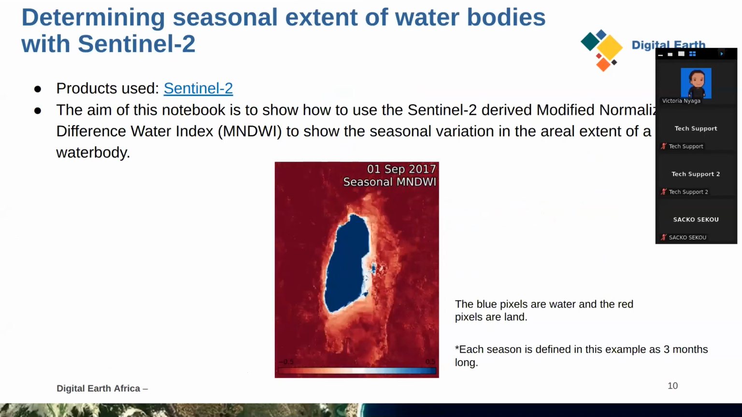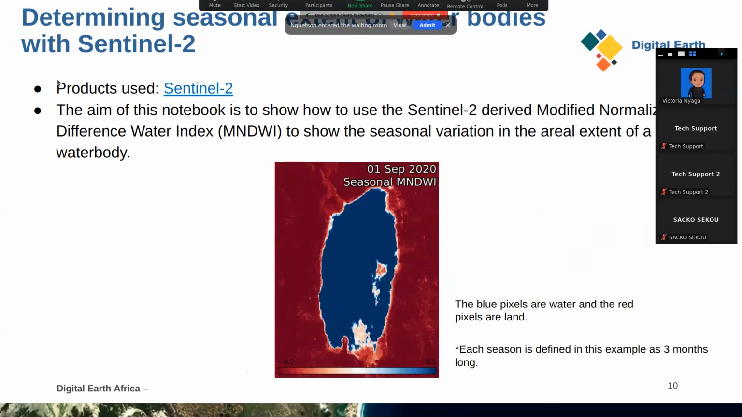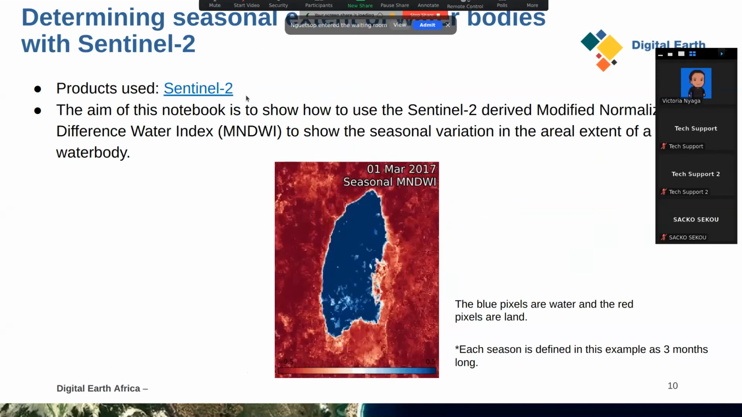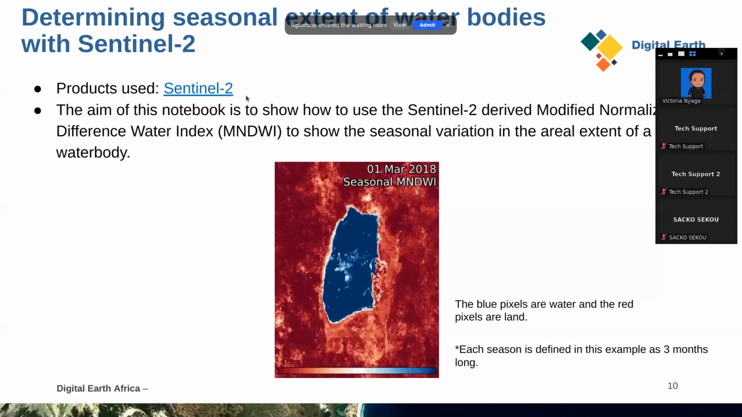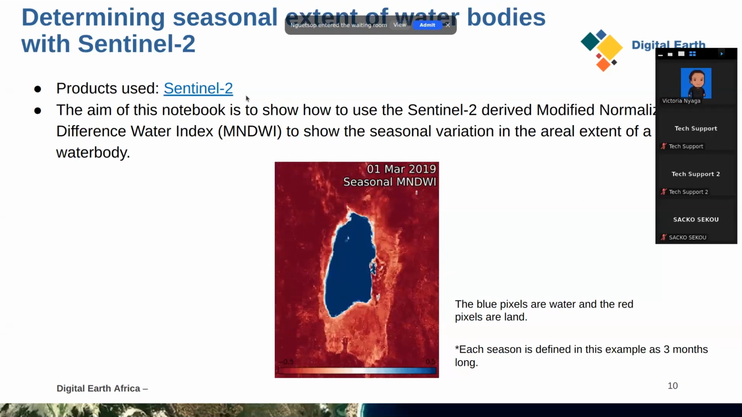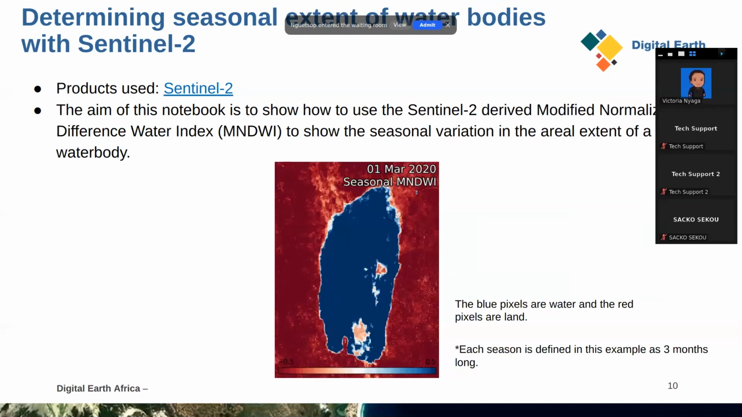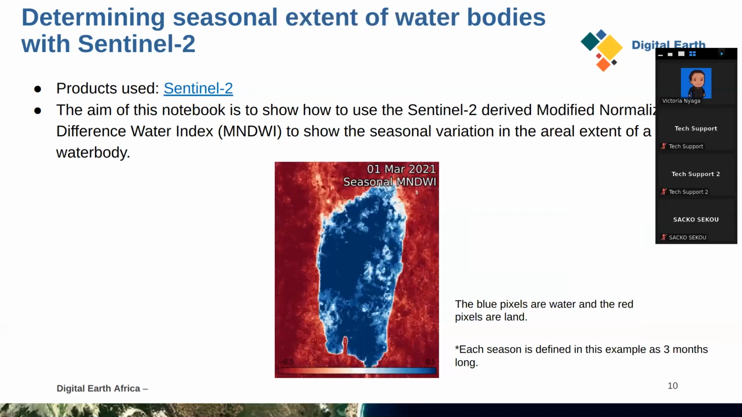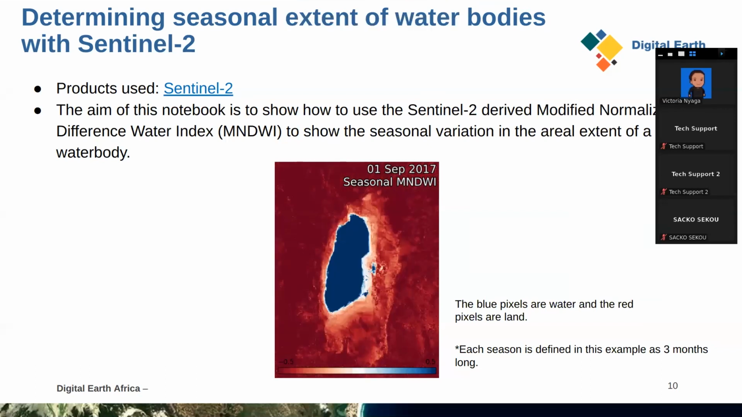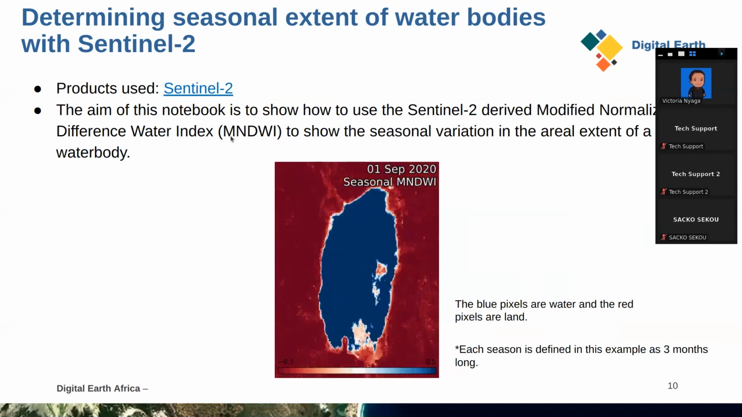Next up, we'll talk about the determining seasonal extent of water bodies using Sentinel-2 notebook. Now, the aim of this notebook is to show how to use the Sentinel-2 derived modified normalized difference water index, MNDWI, to show the seasonal variation in the areal extent of a water body. So as we can see from the GIF